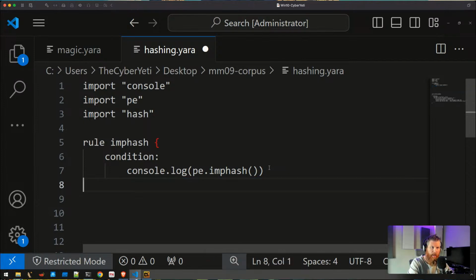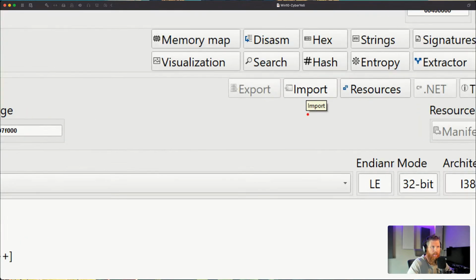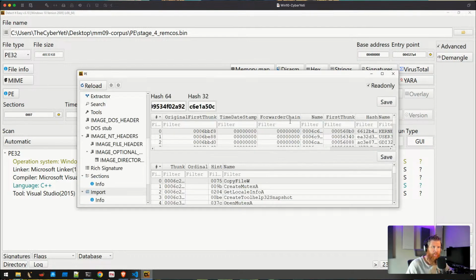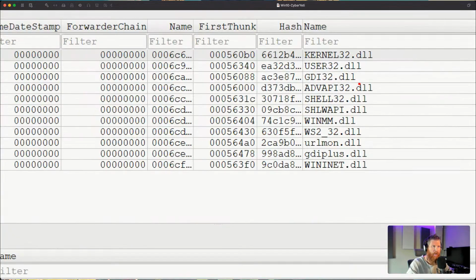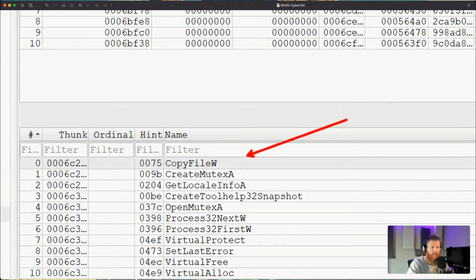What can we do with the import hash? Well, you can look up how the import hash is created. I've actually forgotten the details over the years, but essentially the type, the number of imports, this all has to do with imported libraries. So if we go back to Detect It Easy, for example, you can look at the imports right here, right? And imports tell us a lot. I think I did a stream on imports, so I won't spend a lot of time. But we have, make this large, the primary library, kernel32, user32, and then we can see the actual imported files here.